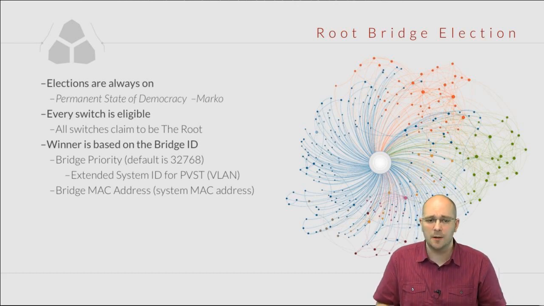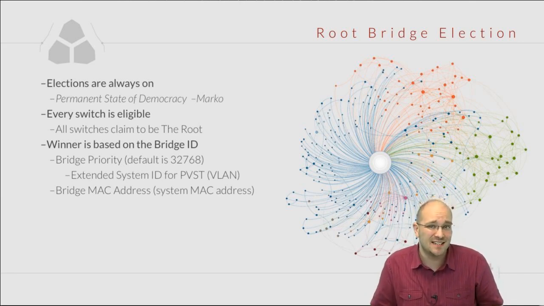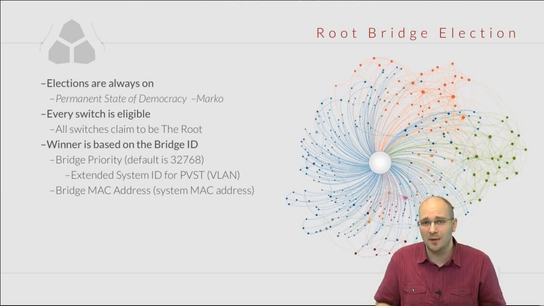When we are using the per VLAN spanning tree in Cisco's world, there is an extension of the bridge priority which is called the extended system ID, which works by simply adding the VLAN number to the configured priority. The default bridge priority on Cisco switches is 32,768. The bridge MAC address that is going to be used for root election is called the system MAC address,